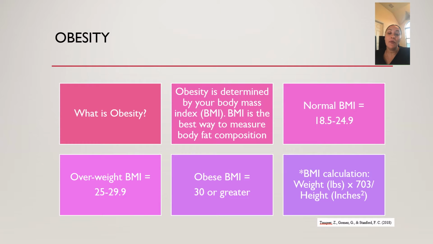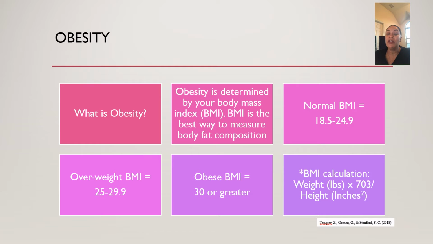Obesity. What is obesity? Obesity is determined by the body mass index. BMI is the best way to measure body fat composition. Normal BMI is 18.5 to 24.9. You're then considered overweight if your BMI is 25 to 29.9, and then you're considered obese if your BMI is 30 or more. There is a way that you can manually calculate your BMI, but for purposes of this presentation,